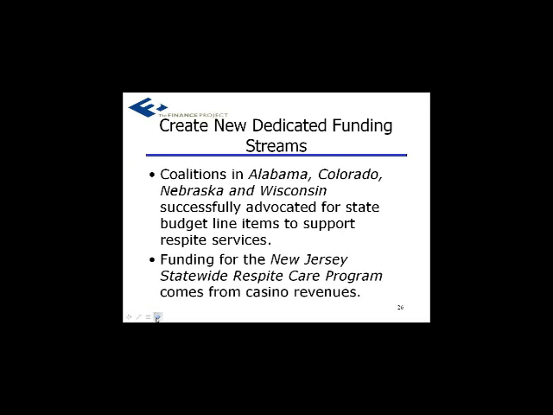Also in New Jersey, a number of Boys and Girls Clubs are able to raise a lot of funds through bingo because of the way the rules and regulations are written there in New Jersey, and it enables charities to run their own bingo nights, and they found them to be incredibly successful. Again, this is not going to work every place.